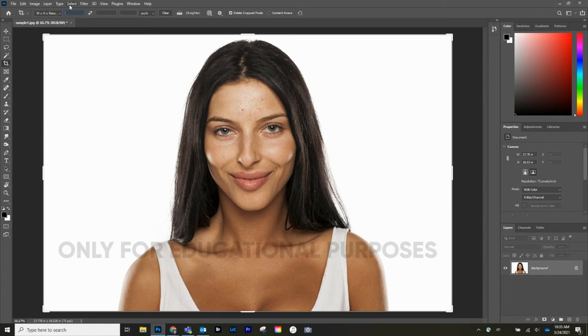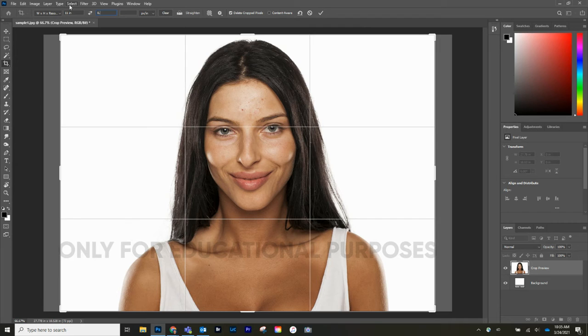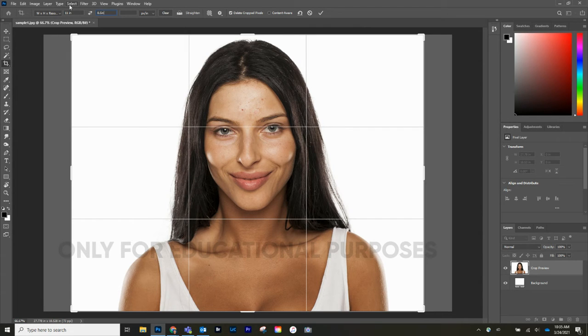So for the width, we're going to do 11 inches. So make sure you type in IN. And then for the width, or sorry, the height, we're going to do 8.5 and then IN. If you don't put that in, sometimes it can think you're putting in pixels and give you a really weird crop. And then 150 for the resolution. So now you can see that it's giving me